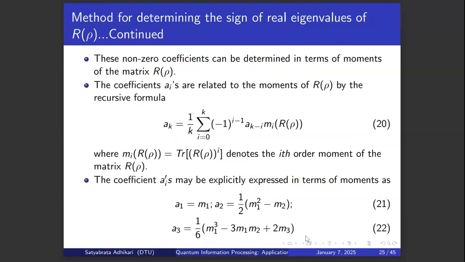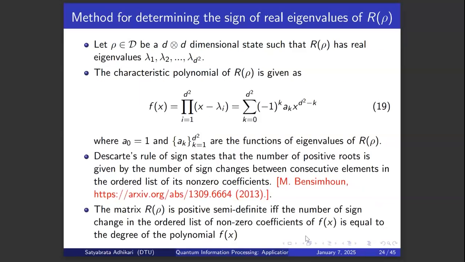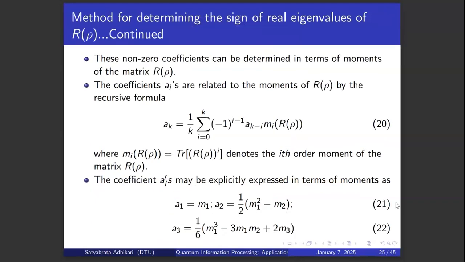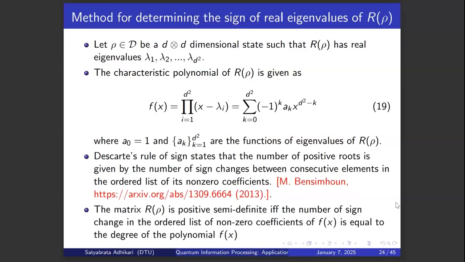And also these non-zero coefficients, these a_k are the non-zero coefficients. So these non-zero coefficients we need to determine so that we can tell how many sign changes there are. Okay, so to determine the number of sign changes, we need to calculate these a_k. So the coefficients a_k we need to calculate, and